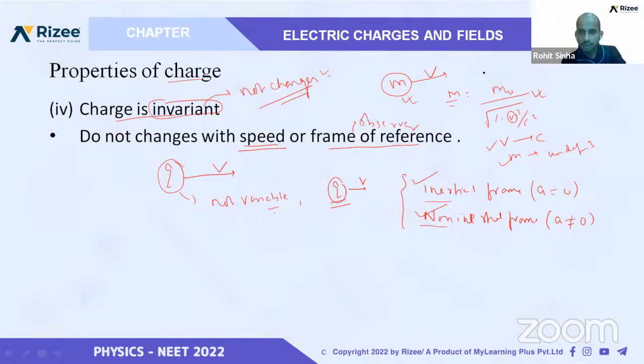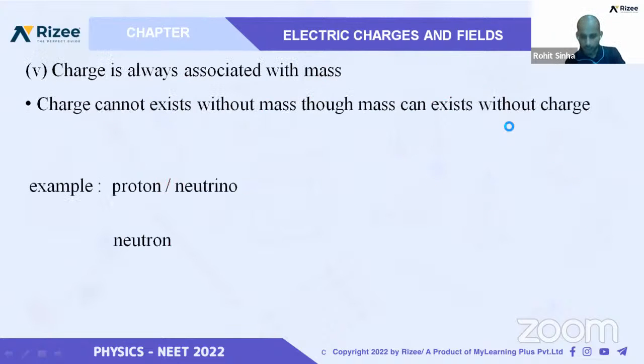Property of charge. Now, the next property. Anyone having any problem, you can discuss with me. Now let us move to our next property of charge. It is telling that charge is always associated with mass. What does it mean? It means that to have charge, suppose